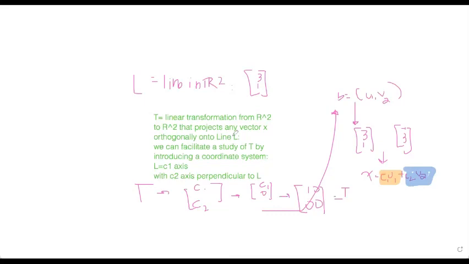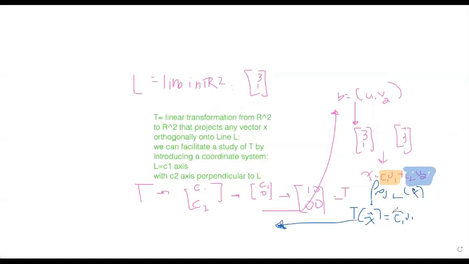So if we know that our transformation is the projection onto L of X, because that's the definition of an orthogonal projection, that means that T of X equals C1 V1. Okay. So that means that